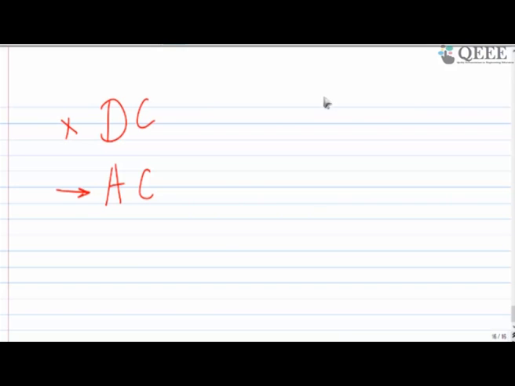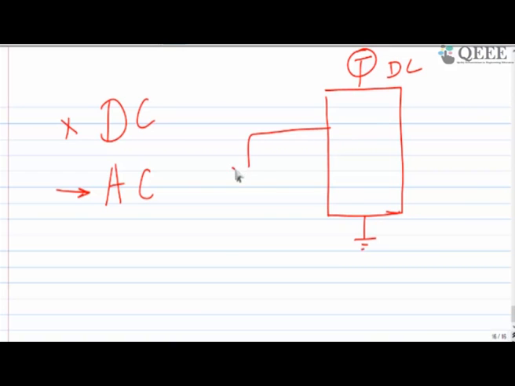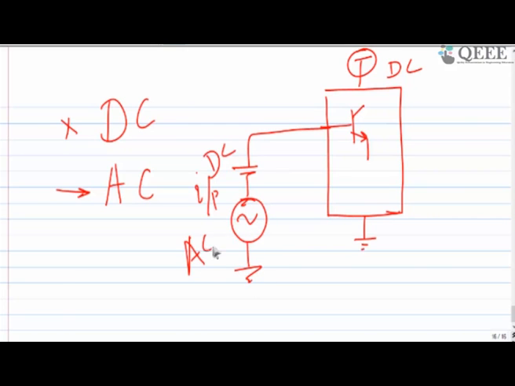The role of DC is, let's say in this black box I'm putting some circuit, and these DC sources are the ones keeping the transistor, or all the things inside, in the active mode of operation. That is the role of this DC, or maybe some more DC if you are connecting it as an input. The role of those DC sources is to make the transistor operate in active mode, nothing else. But your goal for amplification is for the AC input.